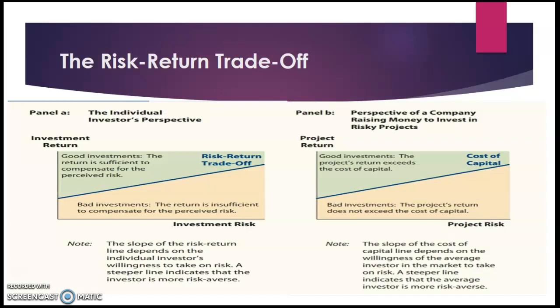We have here Figure 8.1, the trade-off between risk and return. So we have panel A and panel B. In panel A, the individual investor's perspective. Then panel B, the perspective of a company raising money to invest in risky projects. In panel A, we have the investment return and the investment risk. A good investment, the return is sufficient to compensate for the perceived risk. And a bad investment, the return is insufficient to compensate for the